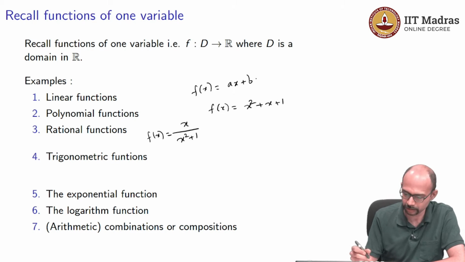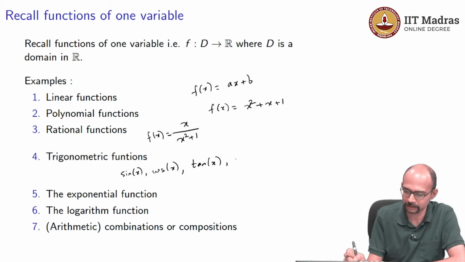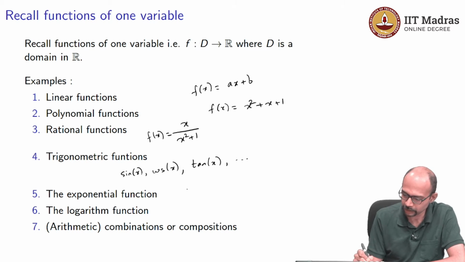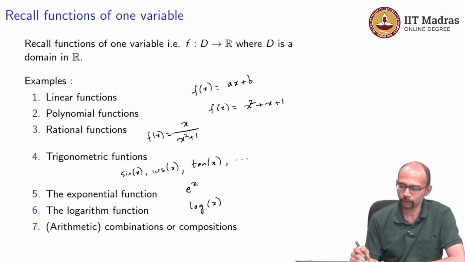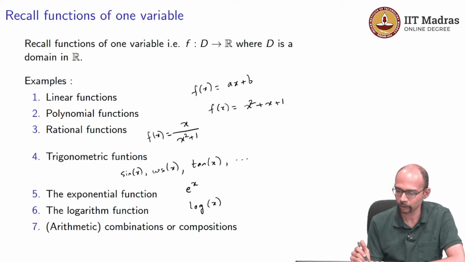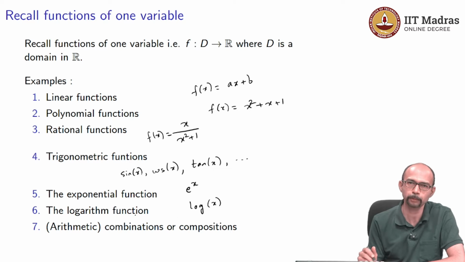where a and b are real numbers, and then trigonometric functions, sine of x, cosine of x, tan x, cotangent x, and so on, cosecant and secant x. The exponential function was e to the power x, the logarithmic function was log of x. Of course, you have to be careful because log is defined on the positive part. So, we do not define log for negatives. Here the domain is the positive side of the x axis, and then